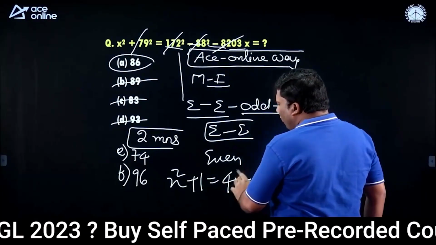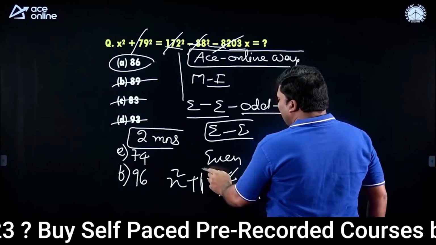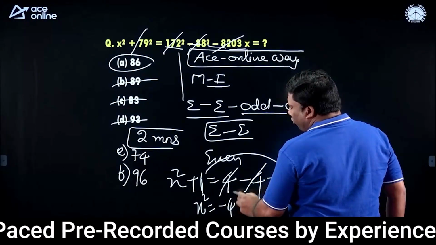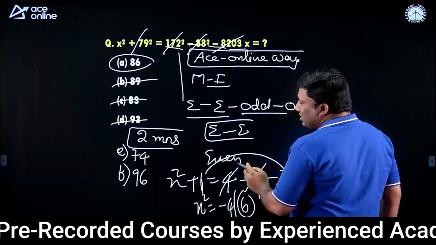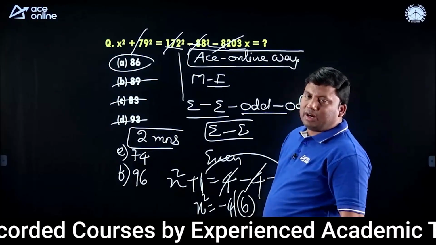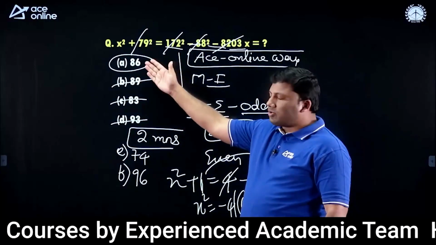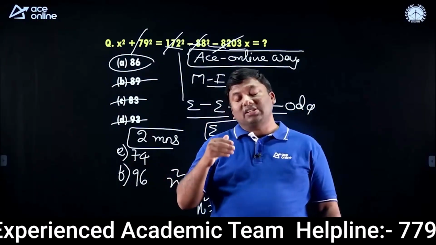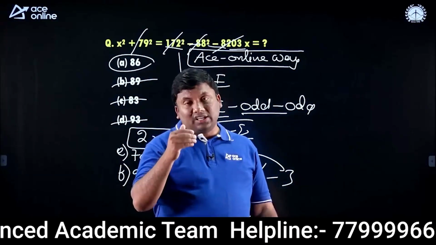4 minus 4 is over, right? So 1. If you see, 1 comes on the right-hand side. x square is 1 minus 4, that is 10 minus 4, which is 6. The answer's square unit digit should give 6. 6 square is 36. There is a unit digit method, there is a last 2 digits method, there is a